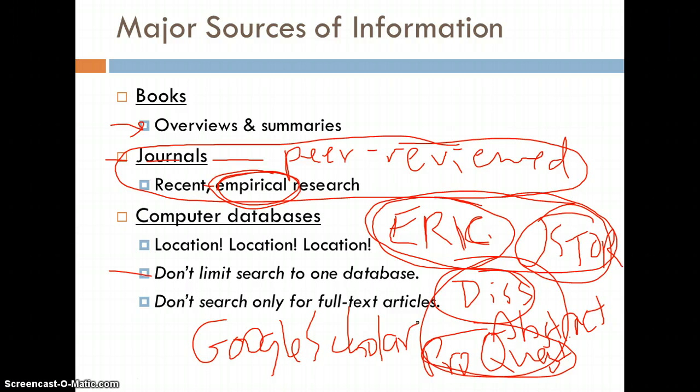Google Scholar is a great way to find peer-reviewed journal articles and to sort by date. It's a little wider net that you cast, so you can't limit the search quite as well as you would in ERIC or JSTOR based on keywords, but it is a really good source as well, so consider that too. Also, I recommend that you don't only search for full text articles when you're looking in ERIC or JSTOR or Google Scholar, because that will really eliminate a lot of potential sources for you.